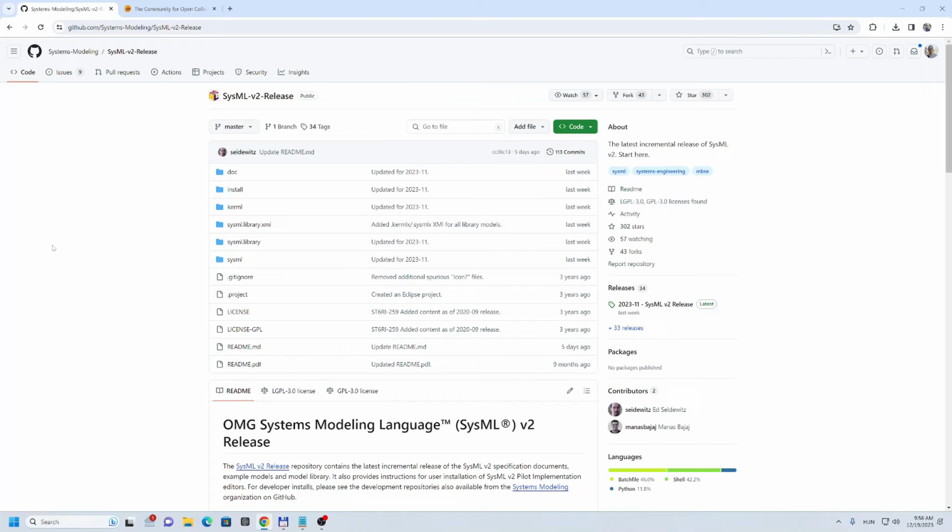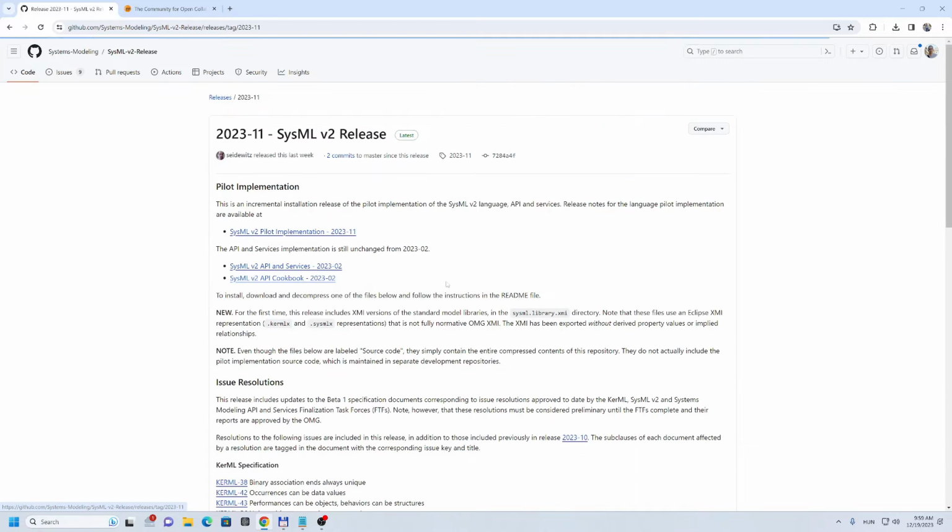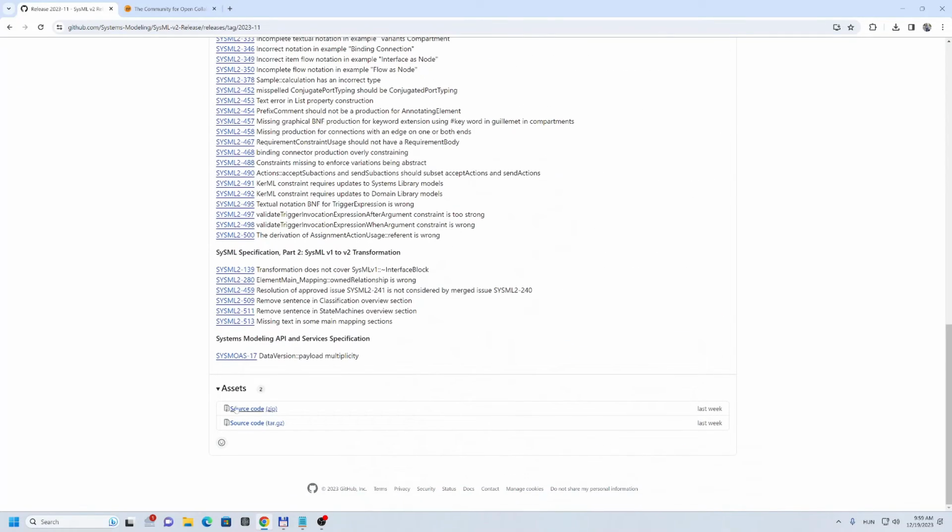Good morning everyone. Today I will present how to install the SysML version 2 reference implementation on your local computer. In order to do that, you have to go in your web browser to this GitHub page where the latest version of the SysML version 2 release is being stored. On the right side you can see this release label which you need to click. Then you can scroll down to the end of the page and click this source code zip file which will